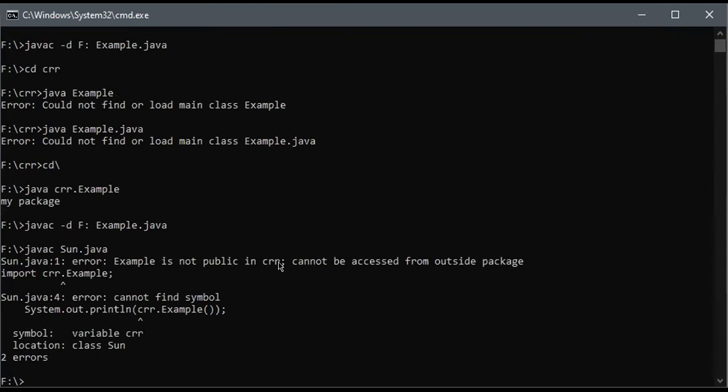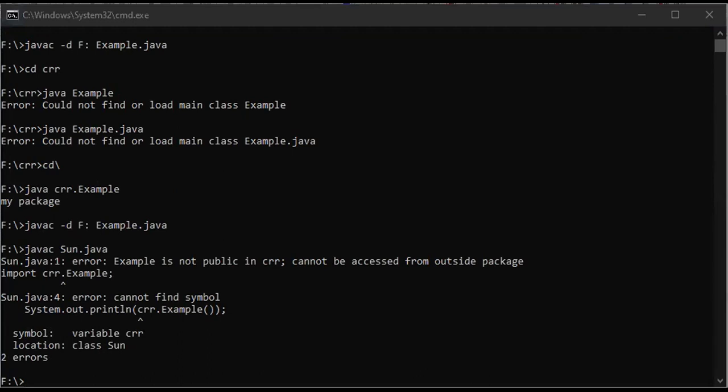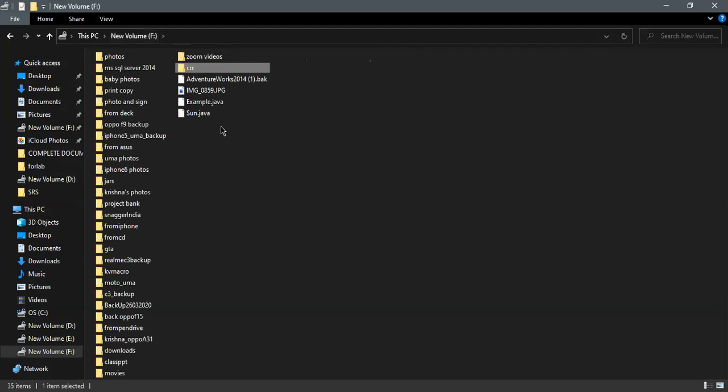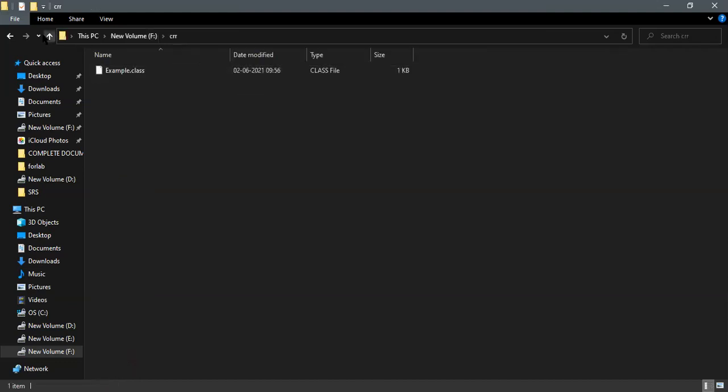This is what I'm saying, this is about the access specifiers. You need to mention the class name as public. I want to show you the folder itself directly. Where is the folder? Sun is over here, and inside CRR we have a class file.